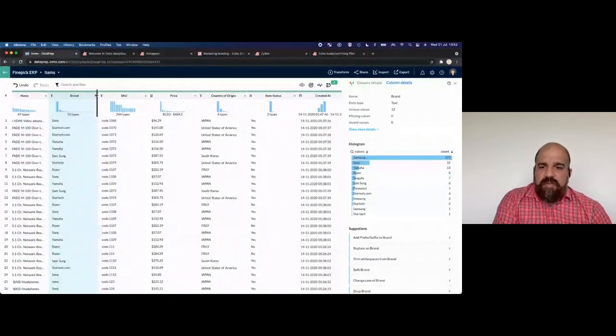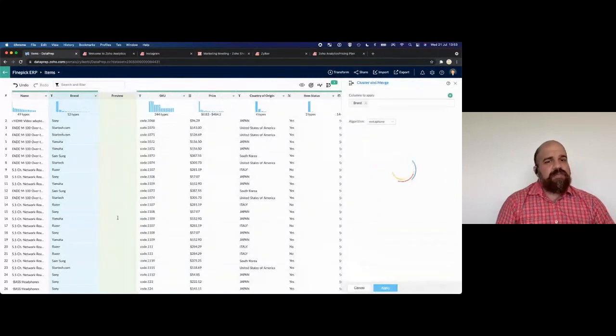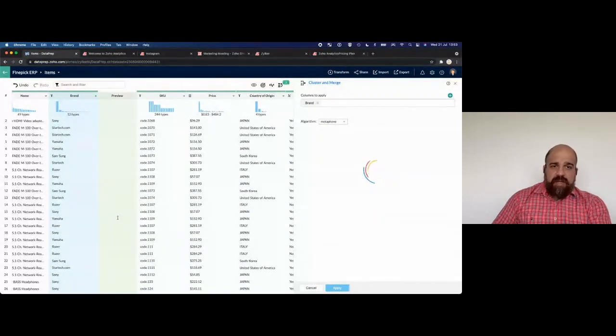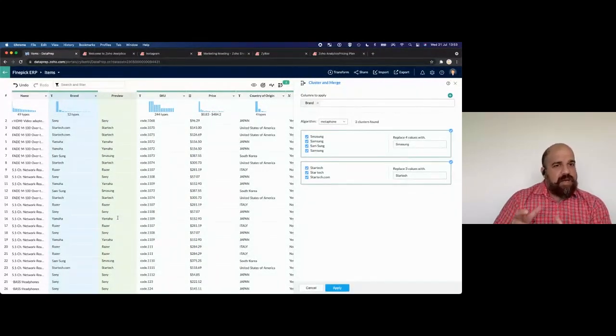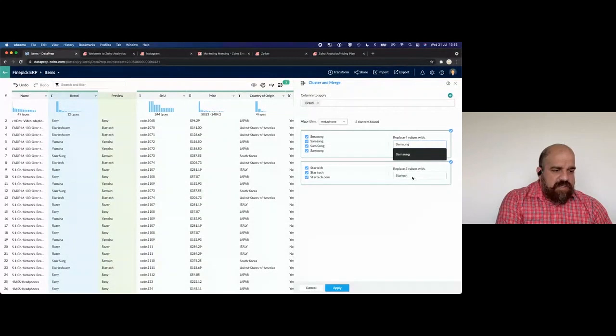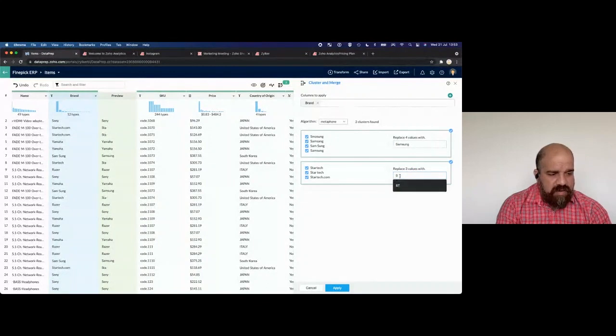And to do that, I am going to apply a transform called cluster and merge. So based on the type of data, or based on the type of column, the system automatically associates the metaphone algorithm and clusters the values that are close in terms of their values. So it basically brings me all those values that are close to each other and says, hey, here's a suggestion. Would you want to take it? I'm not going to take the first one. I'm going to say S Samsung. And for the second one, StarTech, I'm fine with it. But again, I want to go with a different representation. I just want it to be ST. And